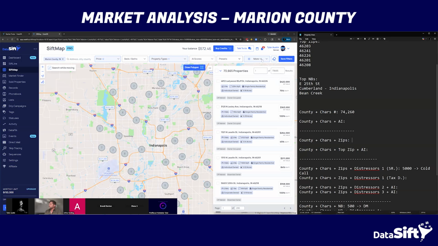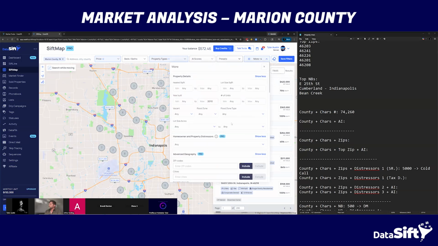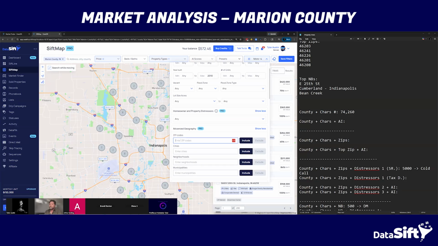Let's add our zip codes in here. To do my zip codes, I'm going to click my more filters and add them right here. I'm going to do 46203. What this is going to do is narrow down my list by just the zip codes that I'm selecting within this county. Okay. 46226,